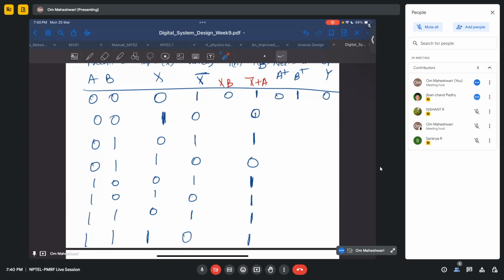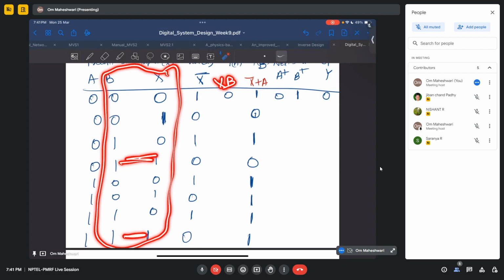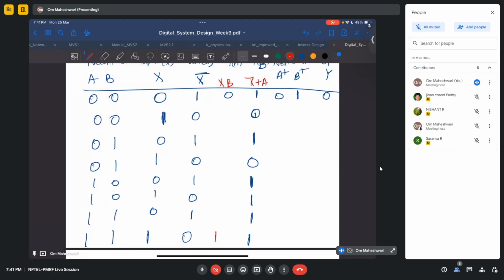Sorry. X bar 0 equal to 1, what do you mean? X की बात नहीं कर रहा है ना, we are not talking, this is not X plus A, this is X bar plus A. X bar is another variable, let's call it C, C plus A. Yeah, okay, so XB के लिए we have to do इन दोनों का AND, so this one will be 1 and this one will be 1, so this is 1 and this is 1, rest all are 0।